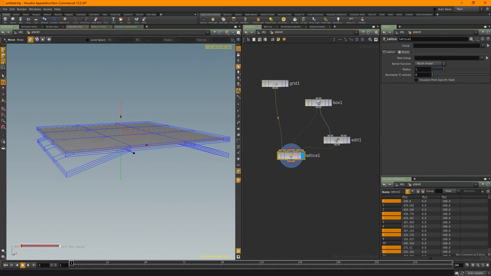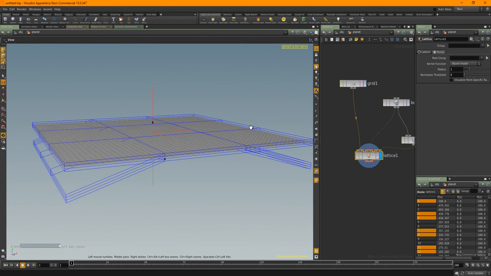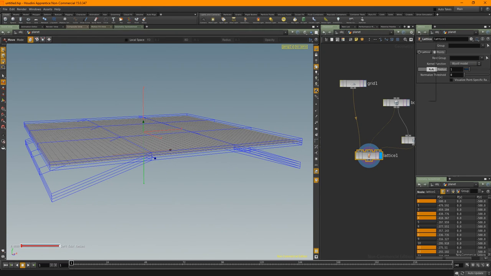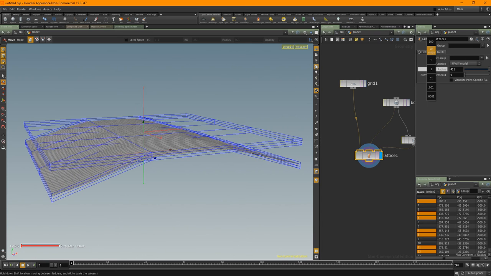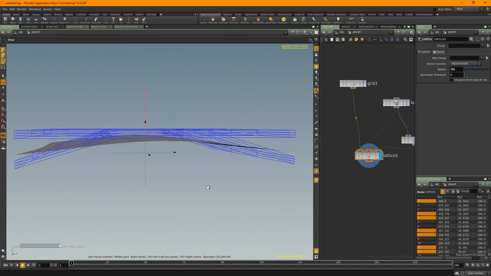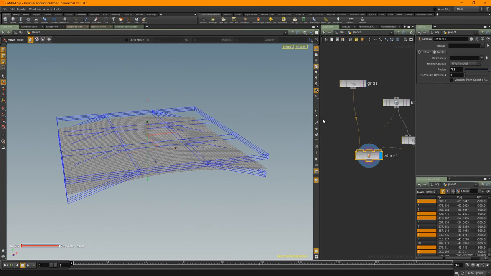This is what controls the actual deformation. So let's increase this radius. It's really large, so let's do it by 10, I suppose. Keep going and keep going until it's nice and smooth. So we've got a nice, fairly smooth, fairly accurate curvature going on there.